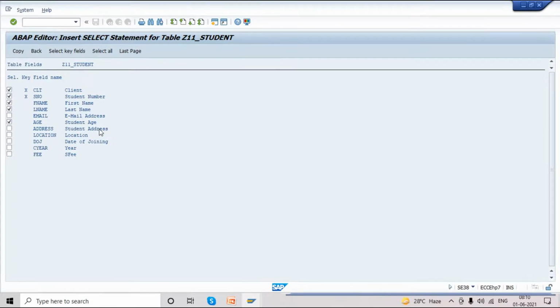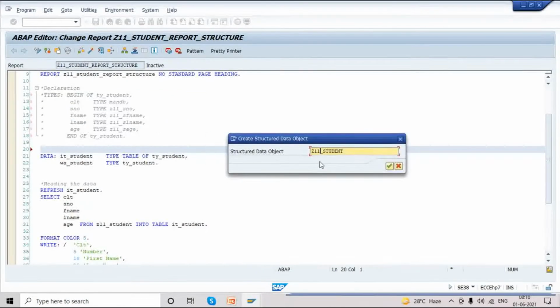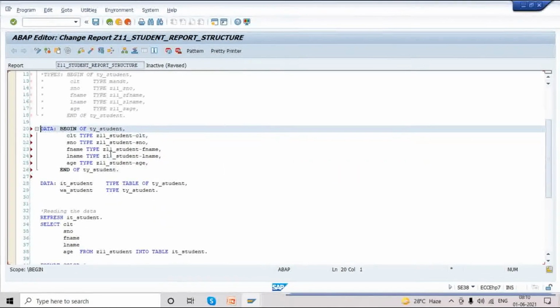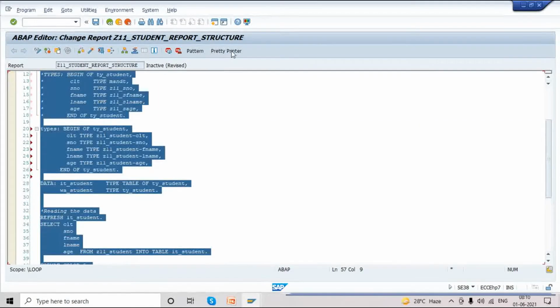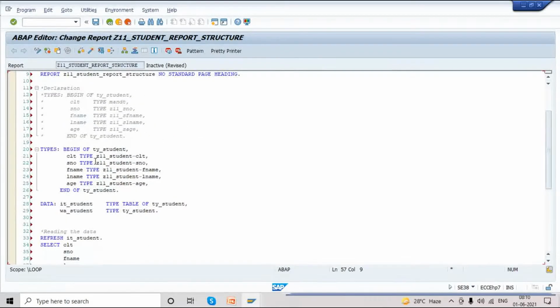Okay, I'm copying here. When you copy, it will come to our program. So we have to give our structure name. I'm giving ty, which means it's a type keyword we are creating, that's why we use the naming convention ty. Just continue. You see the structure is generated. Instead of data, we have to write types here. The remaining is the same. At the time of generation, if you are using a table, it will create it with table field references. You can see all the table field references created.